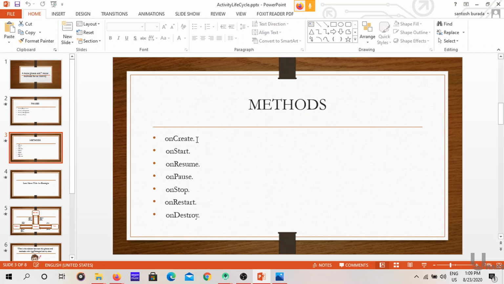So we have to override the onStart method with the restart method to do this. How can we override the onStart method with the restart method? We have to use override classes.